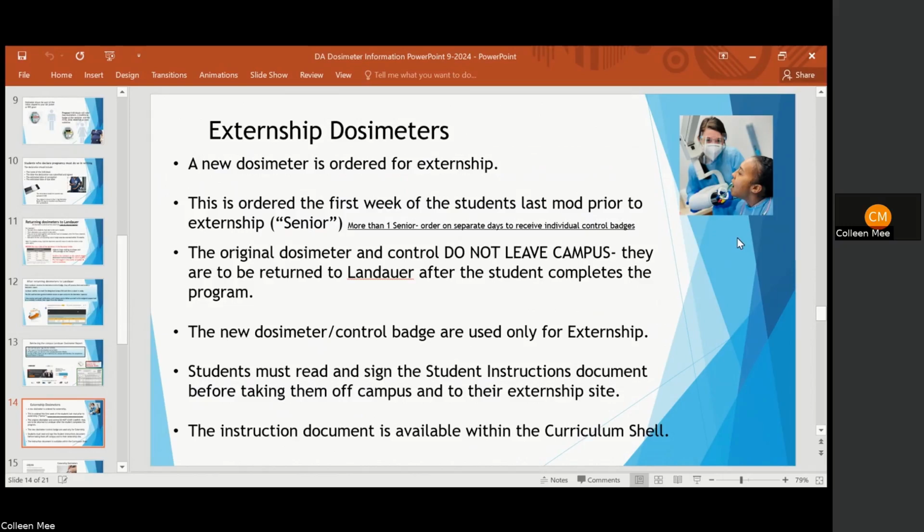Well, these are going to be sent with students to their site. So Jane Doe, and I'm going to use the same names again, Jane Doe is going to the ABC Smile Clinic, and John Smith is going to go down here to the Smile Factory. They're going to different sites, and when they have completed their externship, those sites will be returning their badge and the control badge back to Landauer for us. And I'll go into that more in a moment. All right. So in order to accomplish that, you need to have individual orders on separate days so that you